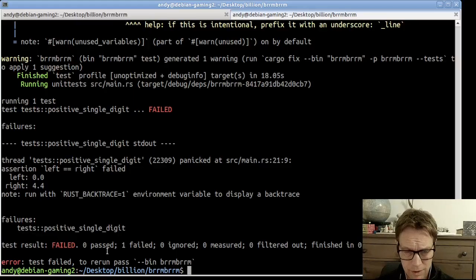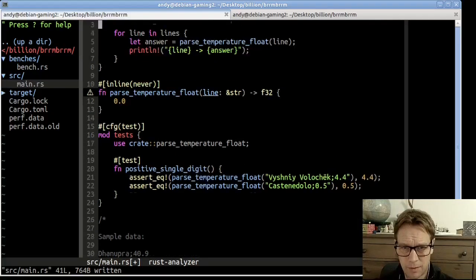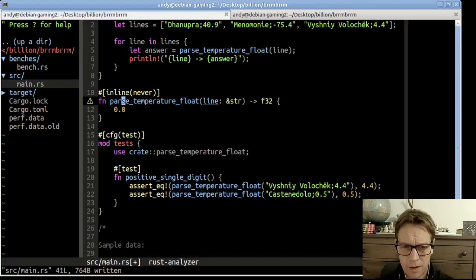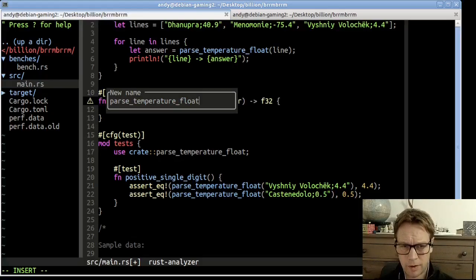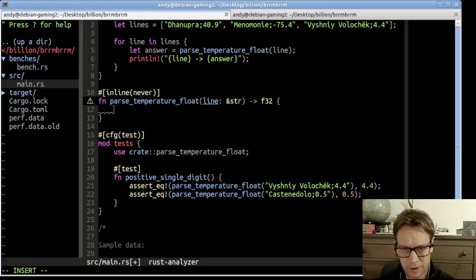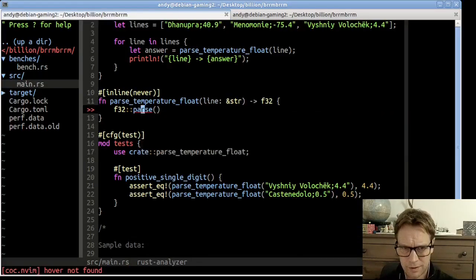Okay, so our test's failing because so far we just return 0.0 every time, so it's definitely not returning 4.4. So let's do a really dumb implementation. This shouldn't be called float. This should be called... no, the point is it's using F32. So what I'm going to do is do an F32 parse. Is that how you do it? Does that actual thing exist? No, I think it should be something more like